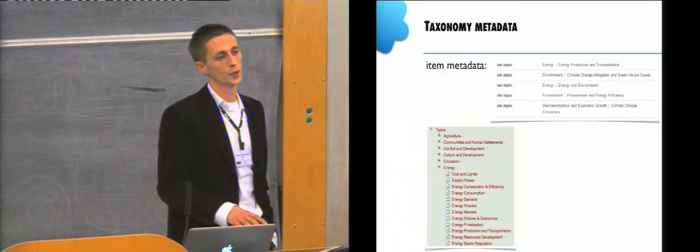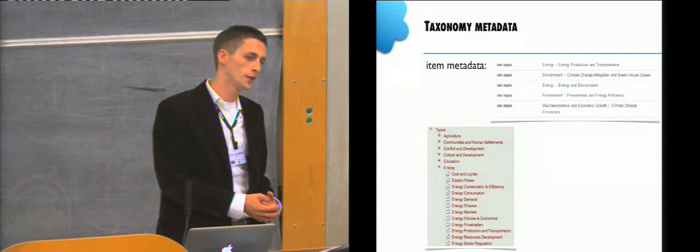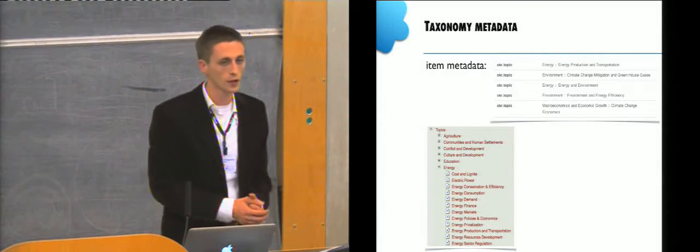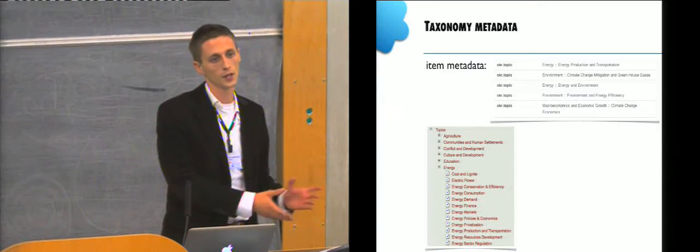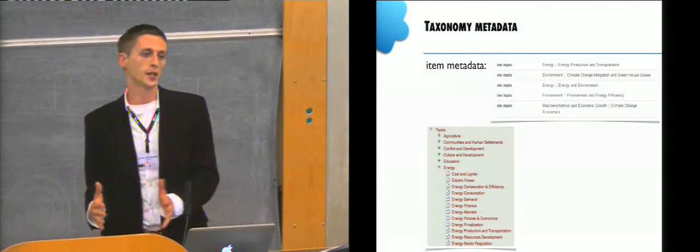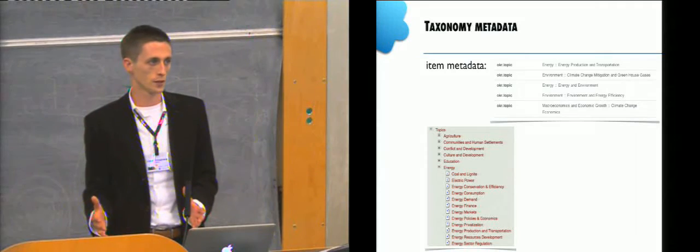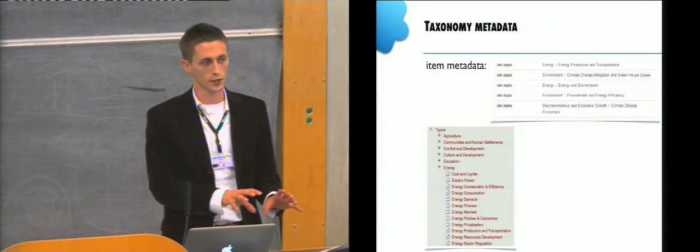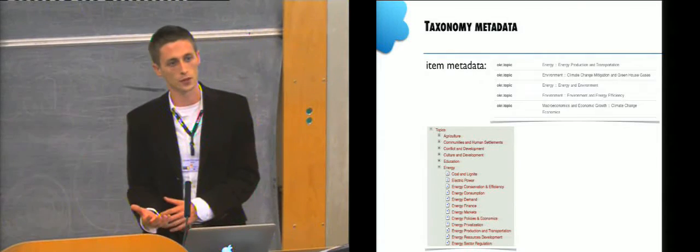If you want to browse a repository, traditionally we would do a browse by topic, and you would be presented with that hierarchical list. You click on a topic and then you would see everything associated with that topic. But what if in the meanwhile the taxonomy has changed, meaning that that particular topic might not be in that exact location in the tree anymore, so you might miss some content.